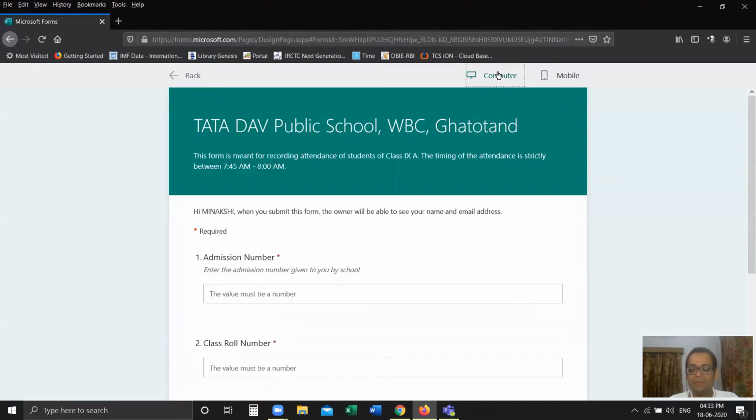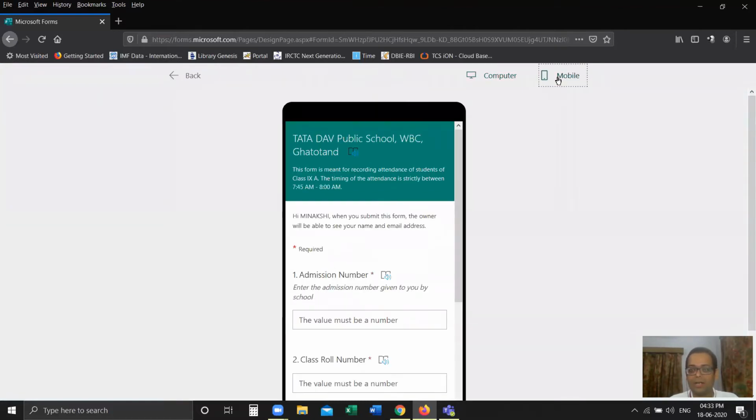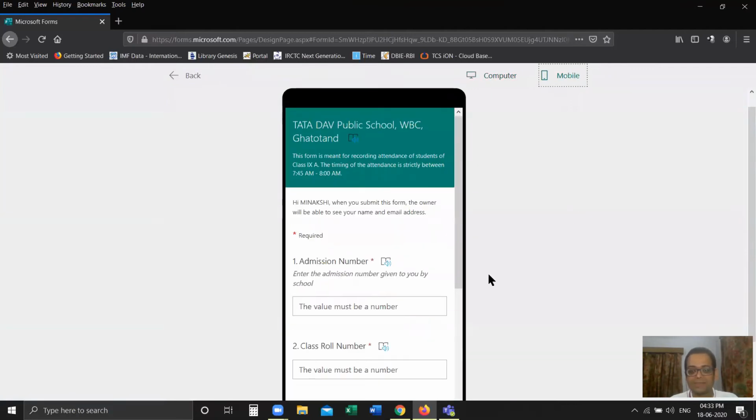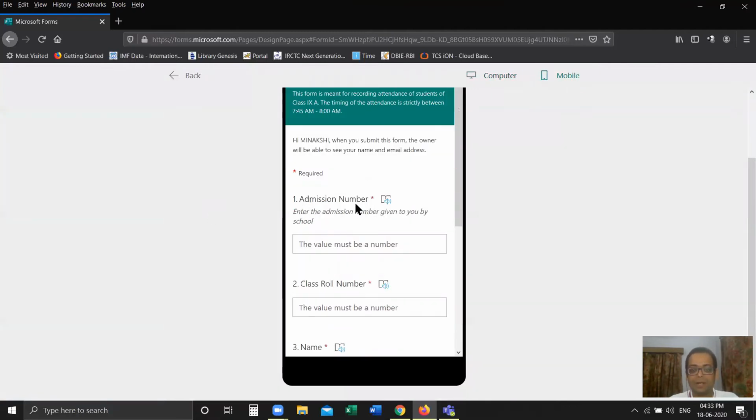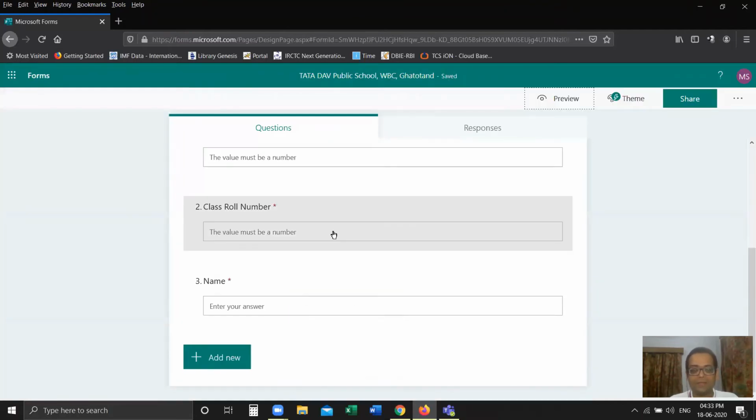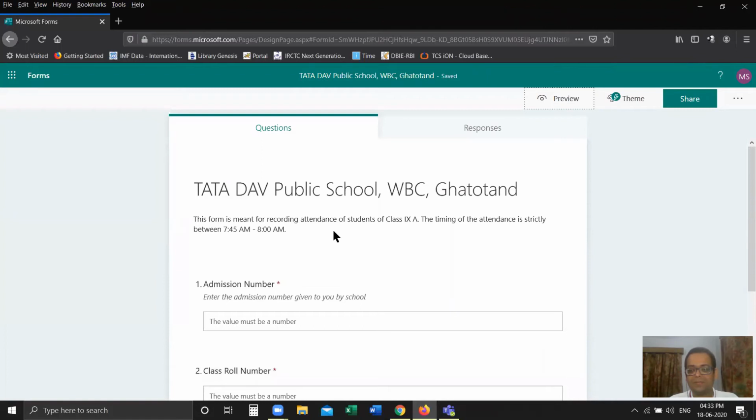You can view it how it will be available on a computer, or alternatively, how will a student, if he's accessing or she's, how will this form be visible on a mobile screen? Okay, so both the things are visible here. Now I'll click on back and go back to the form. Once this is ready, and a very good feature which is available in Microsoft Forms and not available in Google Forms, Microsoft Forms and not Google Forms, is the capability of setting the start date and end date and timings. Although in Google Forms we do have add-ons such as form limiter, but there are restrictions associated with such options.